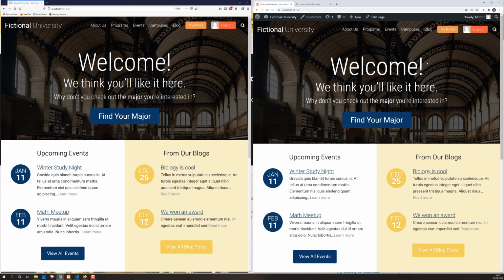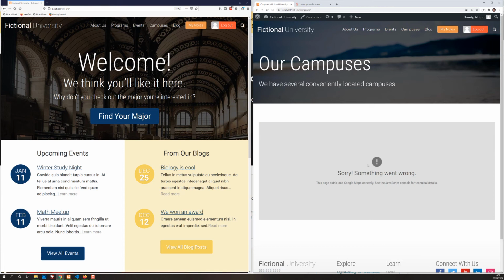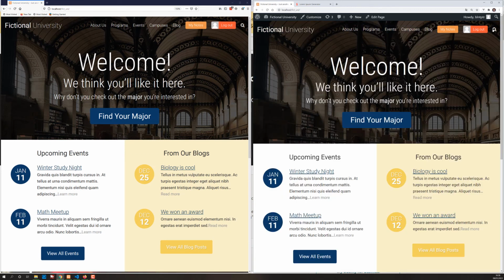So the next thing you learn is basic WordPress queries. You replace the hard-coded HTML for the upcoming events and the blogs with dynamic data that you set up in the backend, and you do the same not just on the front page, but also, for example, on the event archive or the campuses. Normally on the campuses there would be a Google map displayed, but because I took the course a year ago, I've run out of the free Google Maps credits, so this feature is not available for me anymore. But let's go back to the main page, or actually it's available here as well.